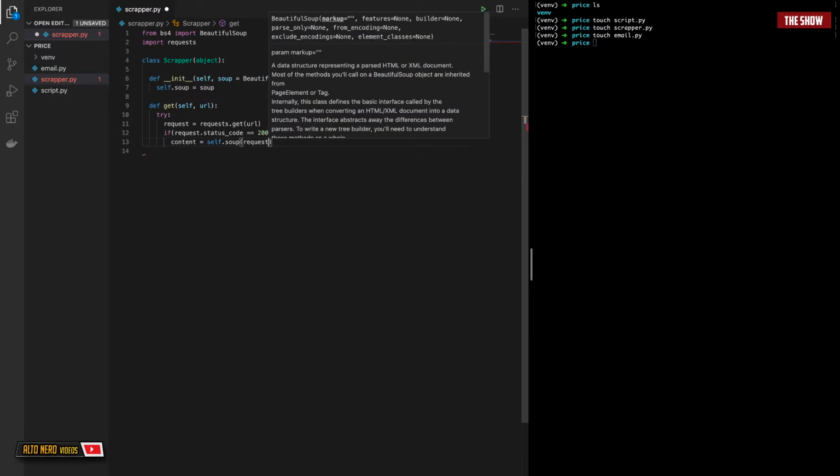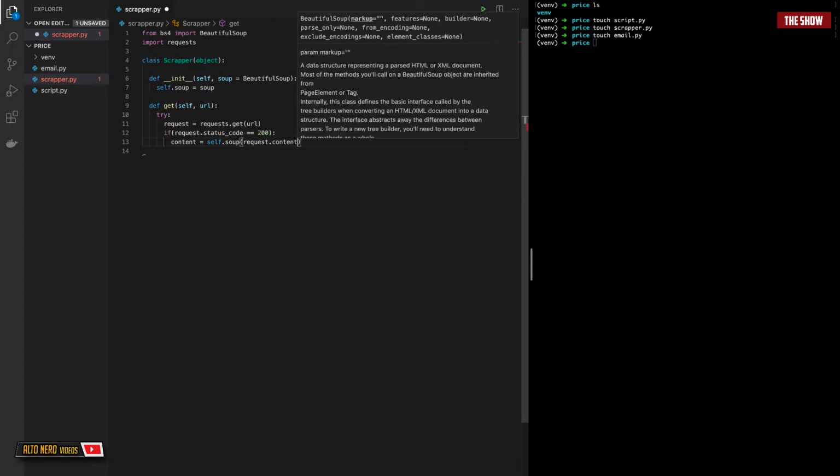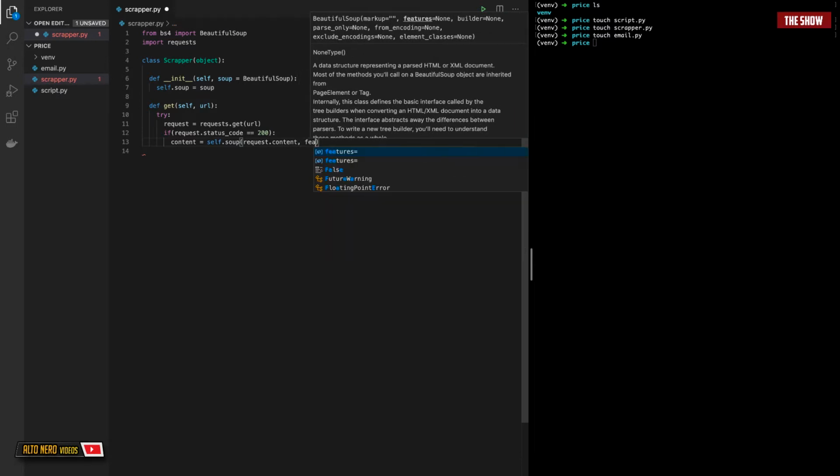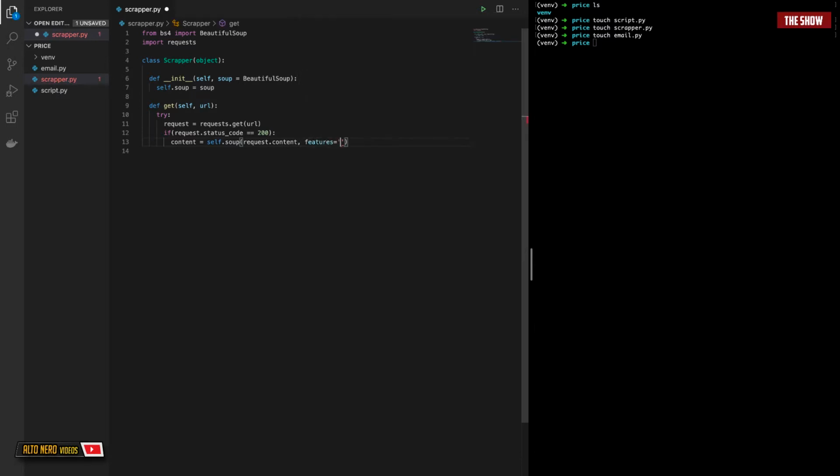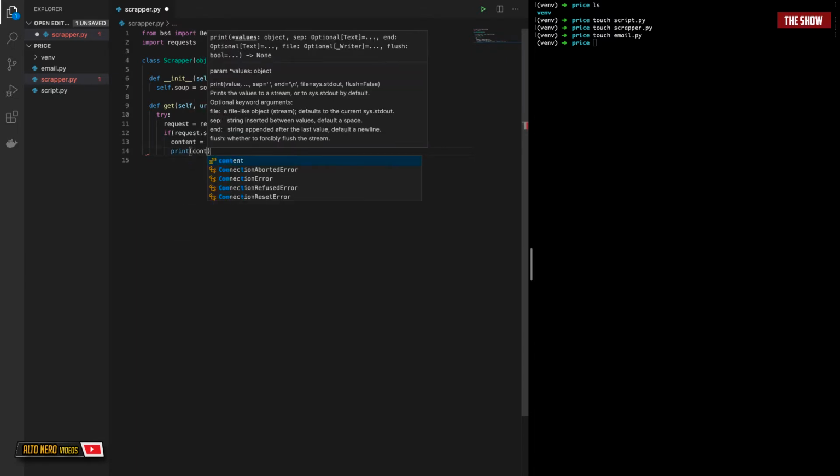I'll pass it the request.content. Then I'll pass it the feature, which is html.parser, which parses it as HTML. For now, let's just display this in our terminal. So I'll say print content,